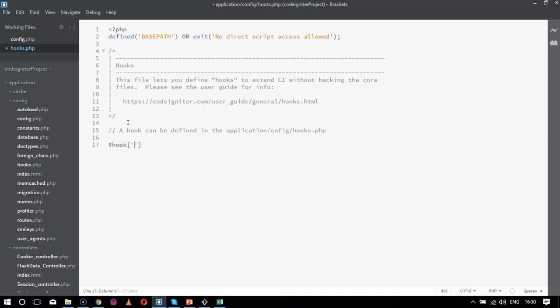So that is done under $hook pre-controller. So this means the controller name, and inside that I'll pass the array. So the array will include all the parameters in it. So the parameters will be the class, file name, and the associated file path with various types of parameters. So here I'll call for the array, and inside the array my first parameter should be class, because that should call for the associated class name. So class equal to class name,